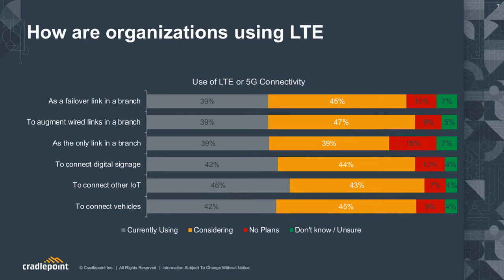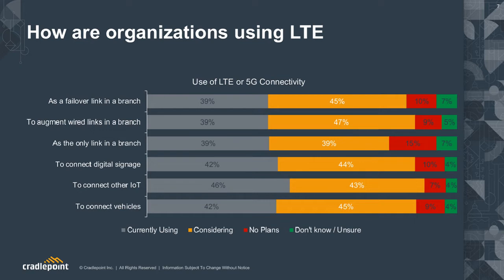We do not yet have a majority of customers using wireless as the only link in a branch, but we are seeing that grow. At this point, we have 39%, which is a fairly large number of the businesses we surveyed, using wireless as the only link in at least one of their locations. And another almost 40% are considering doing that. So we definitely expect in the next couple of years for more businesses to be looking at wireless as their sole connectivity source in some or all of their locations. Now, when we ask them why,